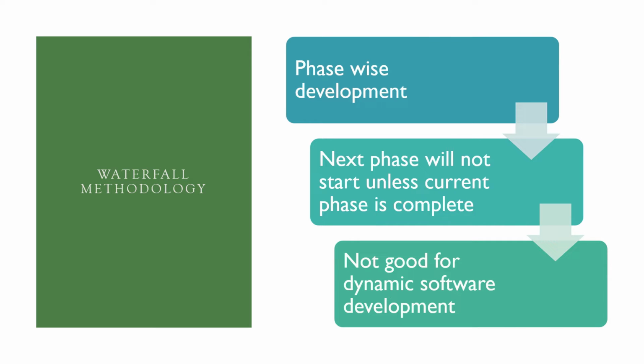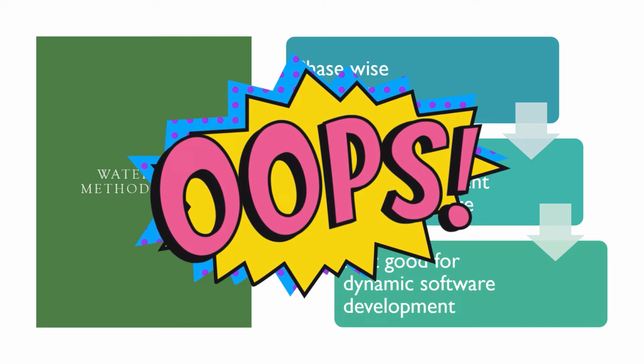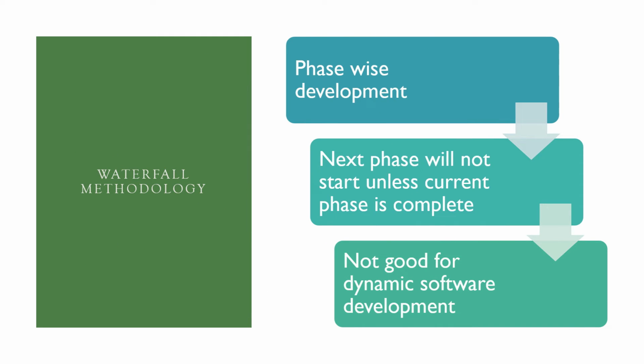It's like, the initial phase where you will do requirement gathering. The development will not start unless this requirement gathering phase is completed. So it was very phase-wise, very strict about it, because the next phase will not start unless the current phase is done. So let's say you are in the development phase and then you get a new requirement. Now everybody is running here and there because they don't know what exactly we should do with this requirement, and a lot of bureaucratic processes were set in place, like change control management, CR processes, all these kinds of things, just to handle maybe one single requirement, even if it is a minor change.